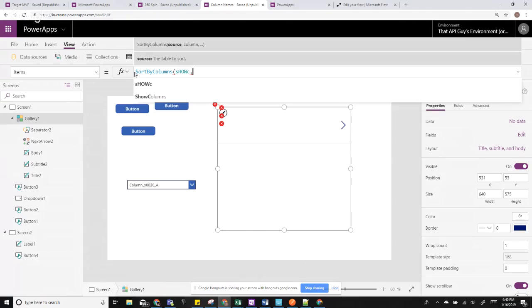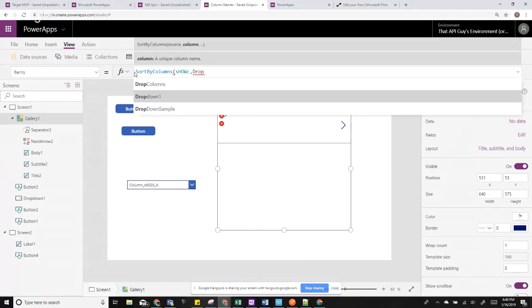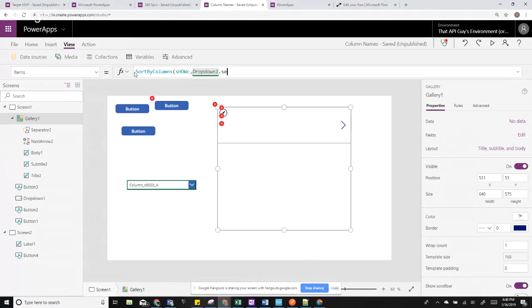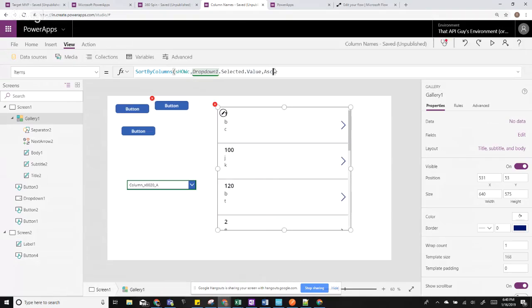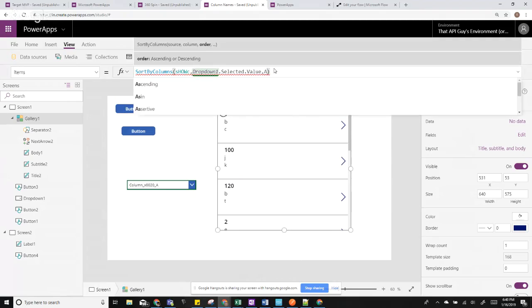This is my data source. And then, so now it gives me the options over here, but I want the user to be able to select it dynamically. So I'll say drop down dot selected dot value, and I need to define the order as well. And that's another thing which you could add as a drop down, but